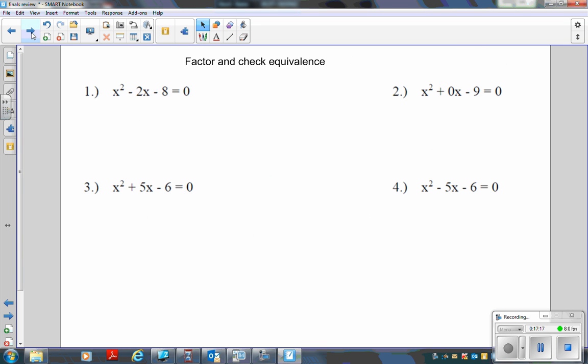All right, here we have to factor and check. Again, this is just going backwards. All right, so let's go ahead and factor it. And I'm not going to check all of them. You know how to do that. Just put this one in y1 and the answer in y2 and then see if the numbers are the same. But in this case,